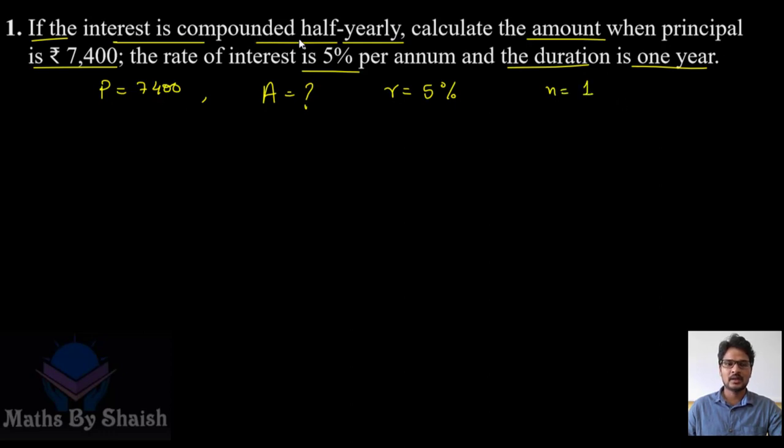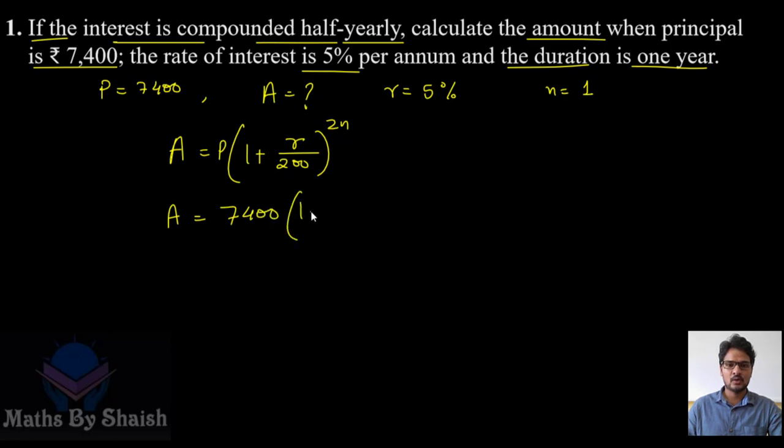And since the interest is compounded half yearly, the formula becomes A equals P times 1 plus R over 200 to the power 2n. And if we substitute these values, we will get A equals 7,400 times 1 plus 5 over 200 to the power 2 into 1, that is 2. So 5 1s are 5, 5 4s are 20. It becomes